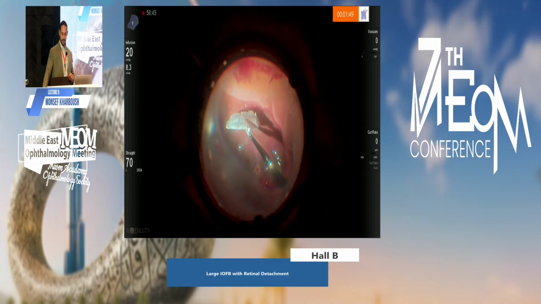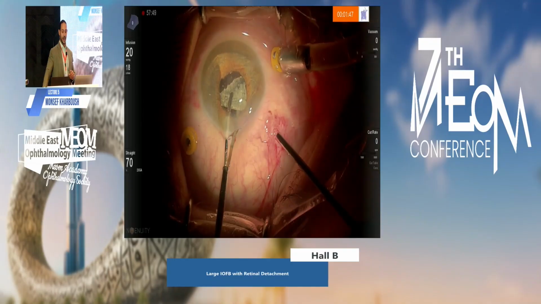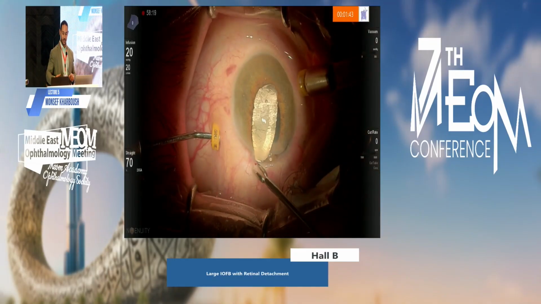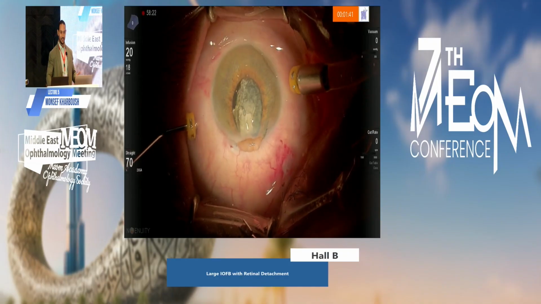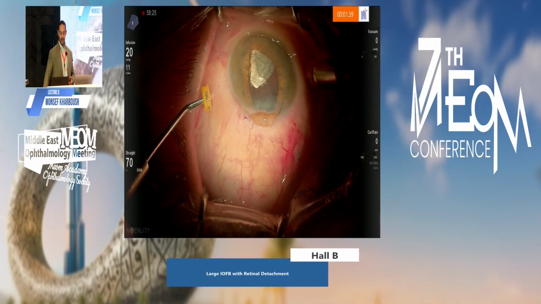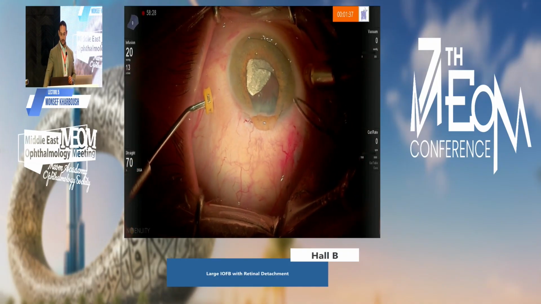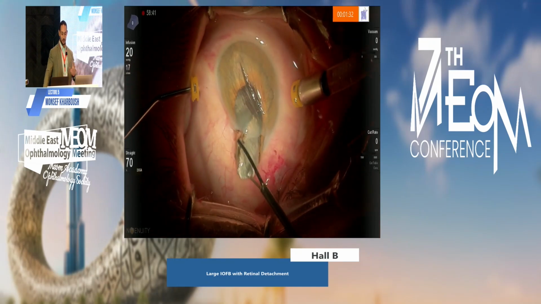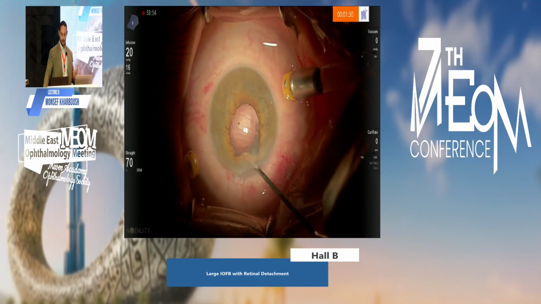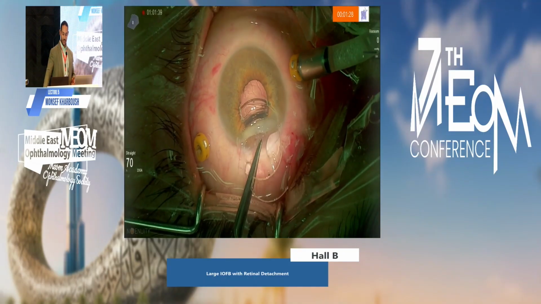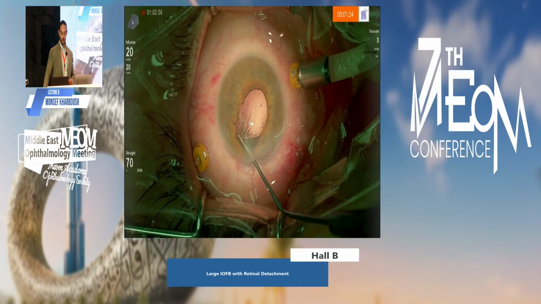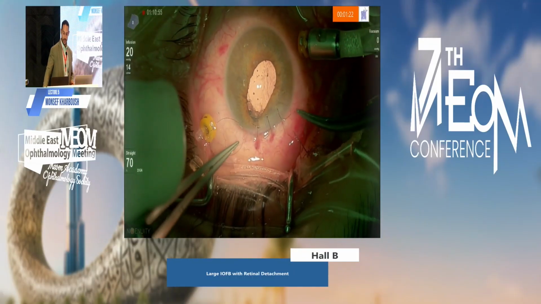Now I decided this time to do the handshake technique. So with the 19 gauge in the left hand, the 21 gauge in the right hand, and again supporting with the spatula posterior in the left hand, and finally going in with the 19 gauge large endogripping forceps to grasp this huge intraocular foreign body, and successfully we did. Now we're going to complete the vitrectomy. We still have retinal detachment, so we're going to put the PMMA in the sulcus, closing the wound, and going back again